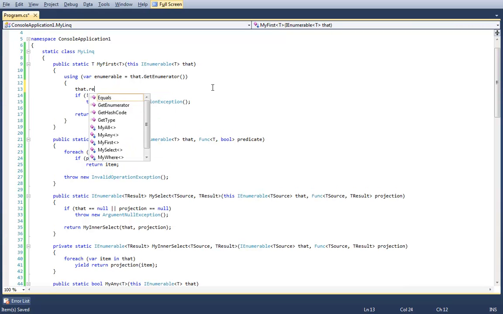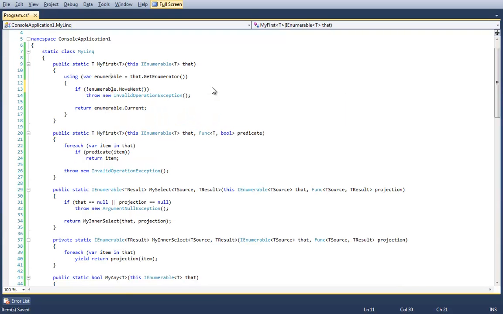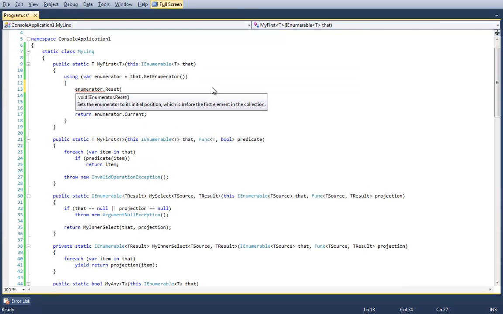So, for example, enumerator.reset. This method almost never does anything. In fact, I believe that if you invoke this method on an iterator block, you'll get a not implemented exception. That, again, is the only reason that method exists, for interoperability with COM. And when you create an enumerable and enumerator via an iterator block, it's actually physically impossible for you to provide an implementation for reset or dispose. Those methods are always going to be filled in for you.